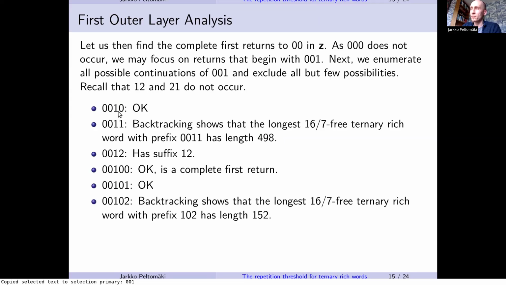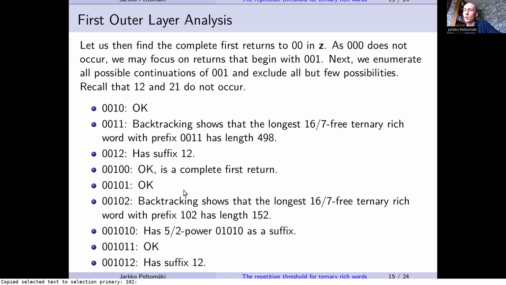And then kind of keep doing this. If you add one more 0, then you actually found a complete first return. We're done. This is the image of 0 under this transducer tau. If we add 1, that's fine. If we add 102, then there is again a backtracking search that shows that eventually there is a problem. And okay,